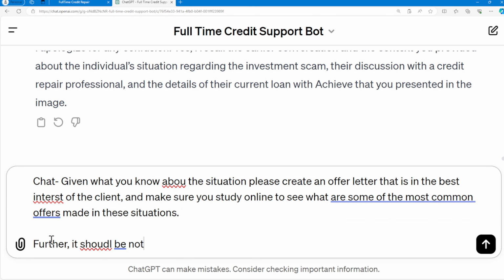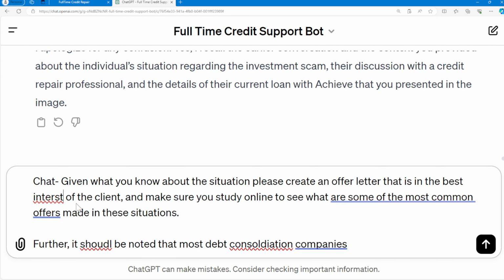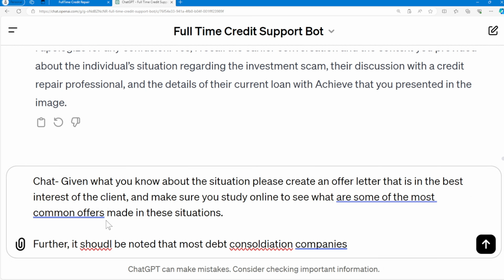Further, it should be noted that most debt consolidation companies, and forgive my spelling here, I'm gonna go back and change it. It should be noted that most consolidation companies